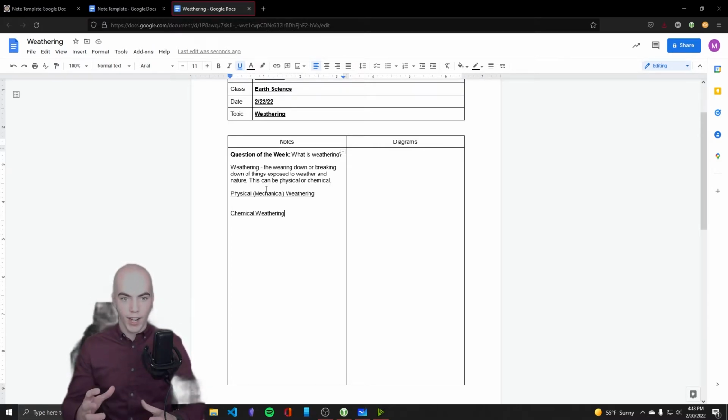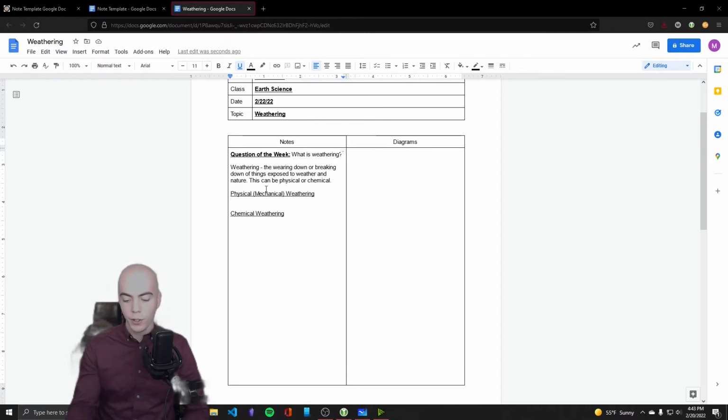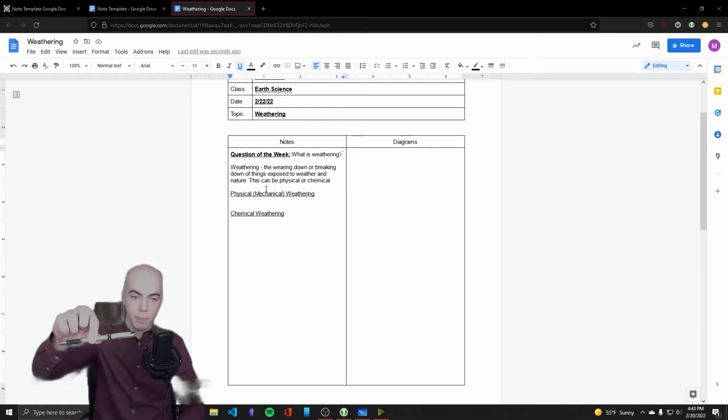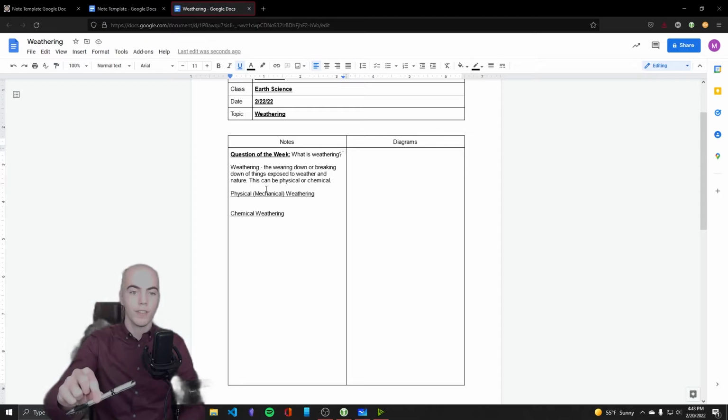Chemical is if you were to change the structure of something, like the atoms, right? The chemicals. So physical would just be not that. Changing, but not chemically. So for example, if I pick up this pen, I have physically changed the location of this object. If I let go of this pen, gravity has physically changed the location of this object.